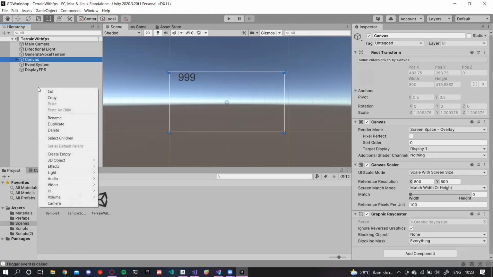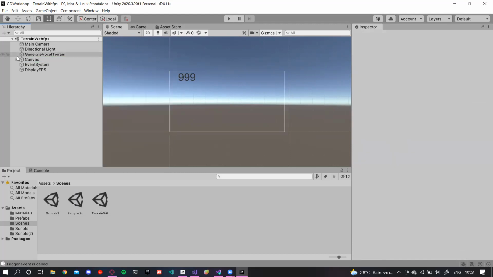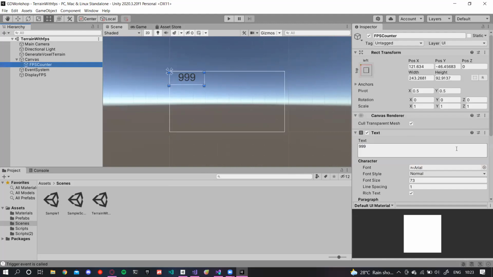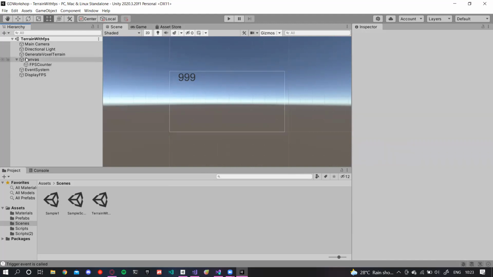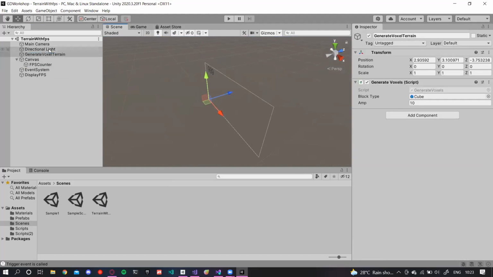So for that I went to UI and created a canvas. From the canvas I added a text, which lets me check the FPS of my game. If I go back to 2D and hit on my object, you can see I have basically nothing on my screen right now.